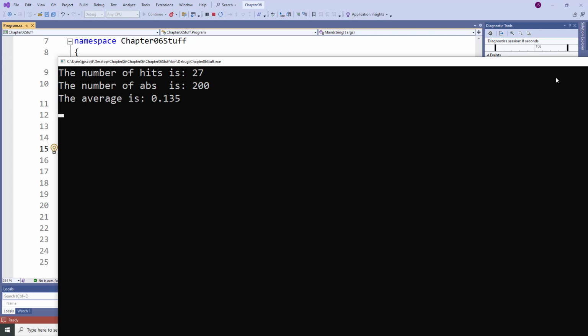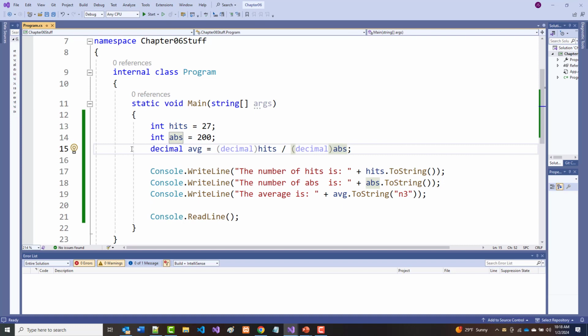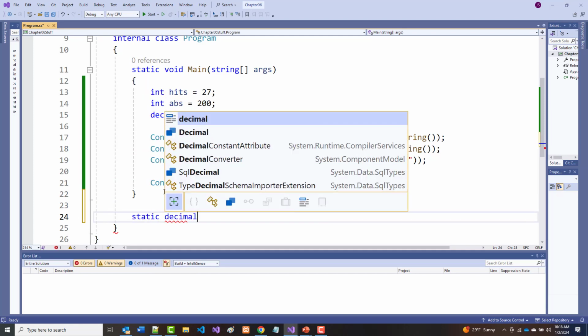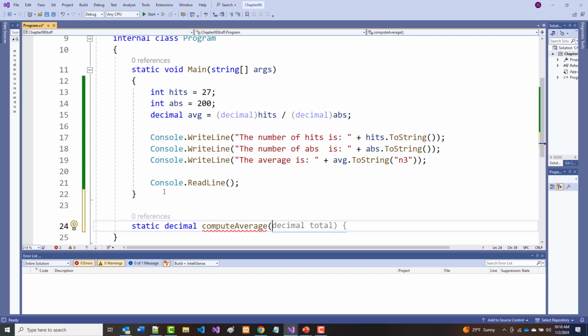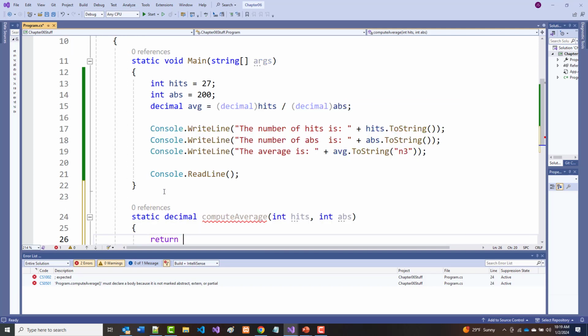All right. Now, why did I show you all that? There was actually a reason for that. I want to take this right here, and I want to do this in a different routine. So let's come down here, and I'm going to create a new routine. It's going to be static. It's going to return a decimal, and it's going to be called compute average. And it needs the number of hits and the number of at-bats. Now, I can come in here and say int hits, int ABs, and do just what we did before as far as I can return